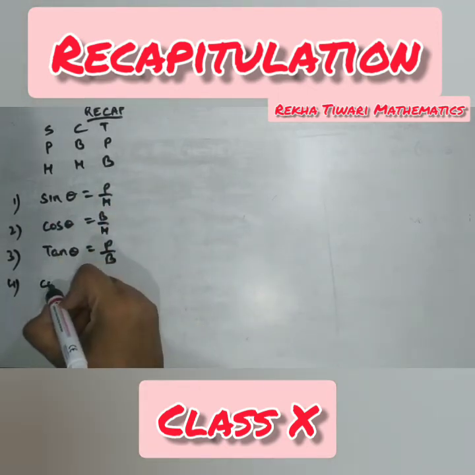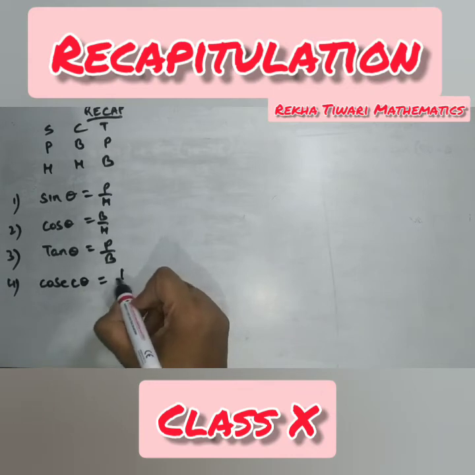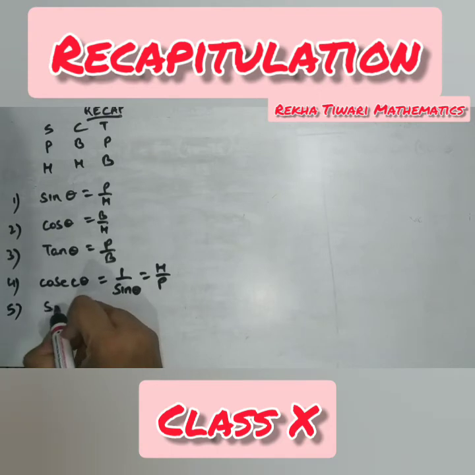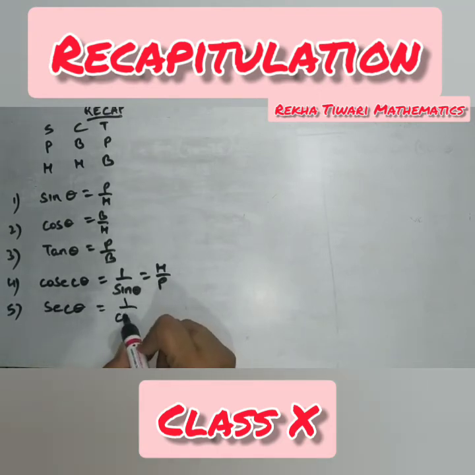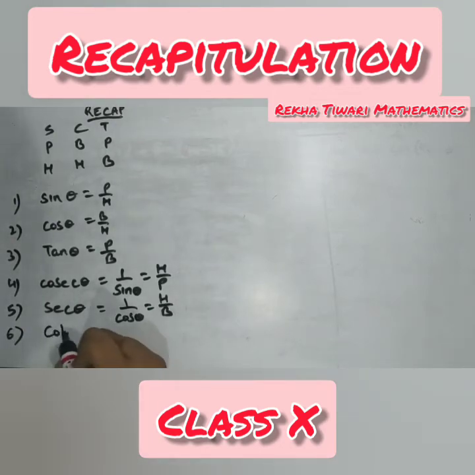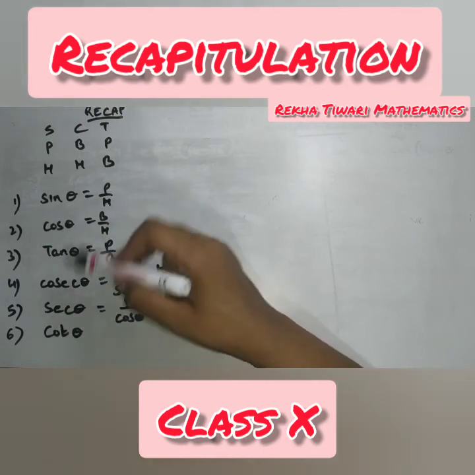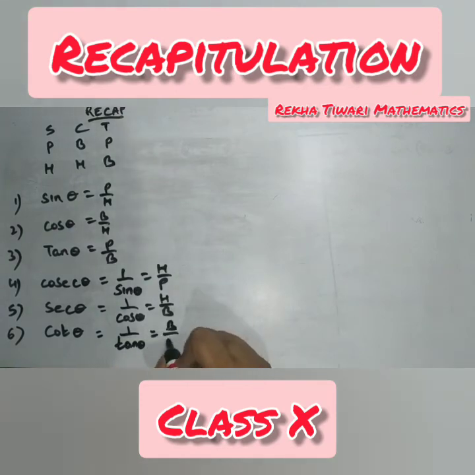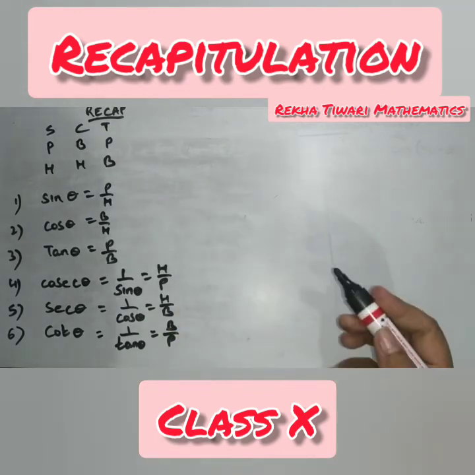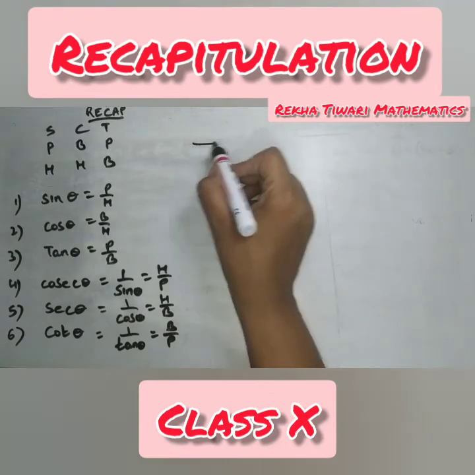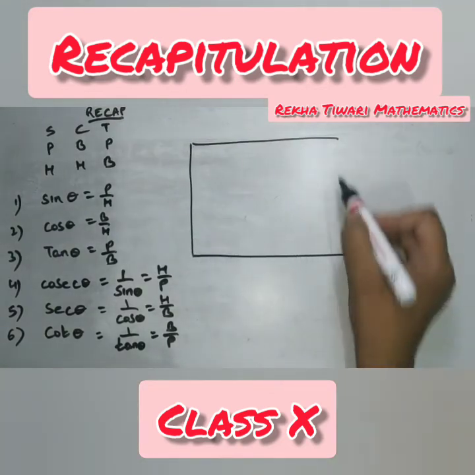So reciprocal of sine is cosec theta. Cosec theta is what? Cosec theta is 1 by sine theta. So this is H by P. Then sec theta. Sec theta is the reciprocal of cos theta, 1 upon cos theta. This is H by B. And then cot theta. Please don't get confused between cot and cos. Both are different. Okay. So cot theta is the reciprocal of tan theta. This is B by P. Then after this, what we have learned? We have learned the values of some t ratios. Okay. For this, I have drawn the table.